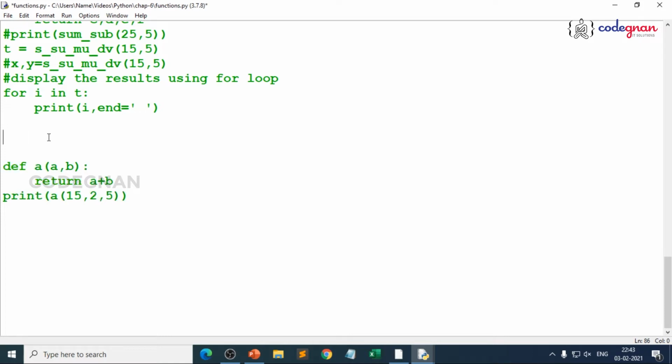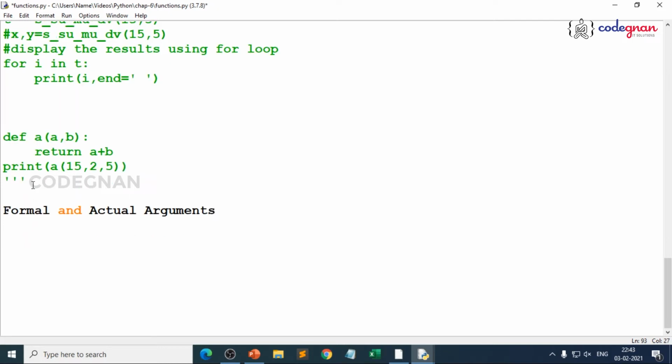So just let us first understand the types of arguments. Before that, let us understand what are formal and actual arguments, because you might not have heard these words, but let me make it simple. If I want this thing to be included in description, I should remove these quotations here. So formal and actual arguments, because when we define a function, it may have any number of parameters, because those parameters are basically used to receive the values from the user, or you enter the values, right? That is basically from outside the function. So basically they are called formal arguments.